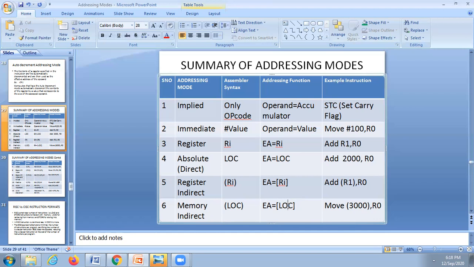This LOC contains the address, and from that address you will get the effective address. You see the differences here. These are the first 6. Out of these 6, the first 5 addressing modes are very important. The 6th we generally may not use anywhere, but we need to study it because it is a part of the syllabus.